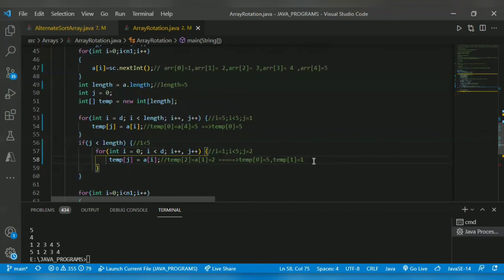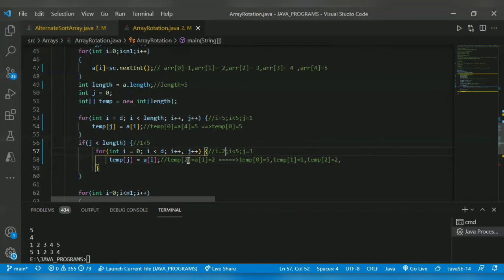So now the temp array will consist temp of 2 equal to 2, right? Now j will get incremented to 3. I will get incremented to 2.